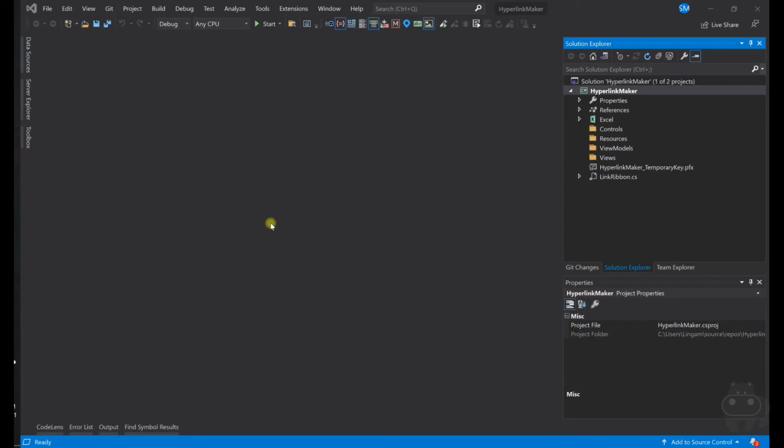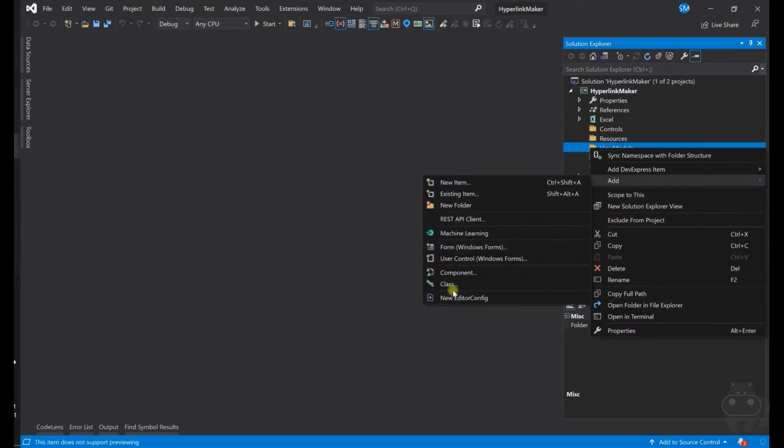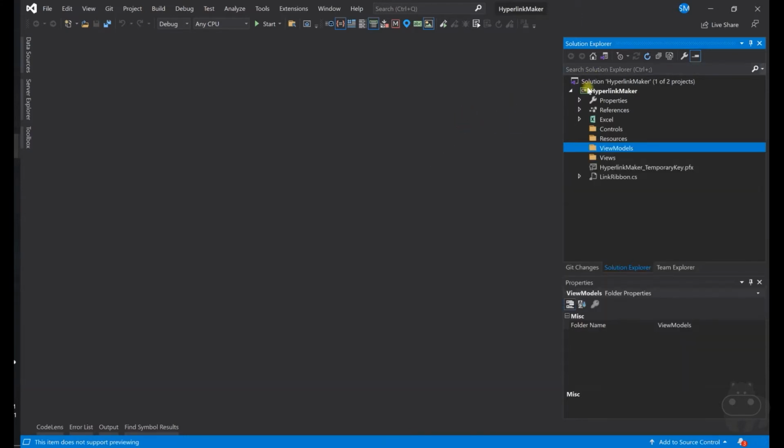So the next step is to initiate WPF controls. When we create a VSTO add-in, it basically starts only with a Windows Forms project. When you right-click anywhere and try to add something, you will see Windows Form User Control. You don't have access to WPF.